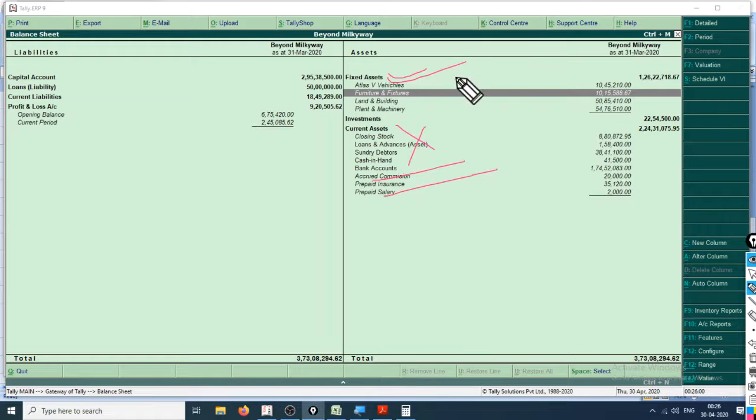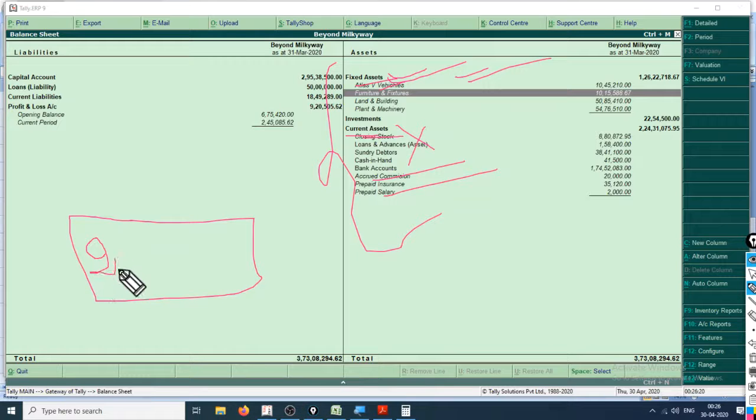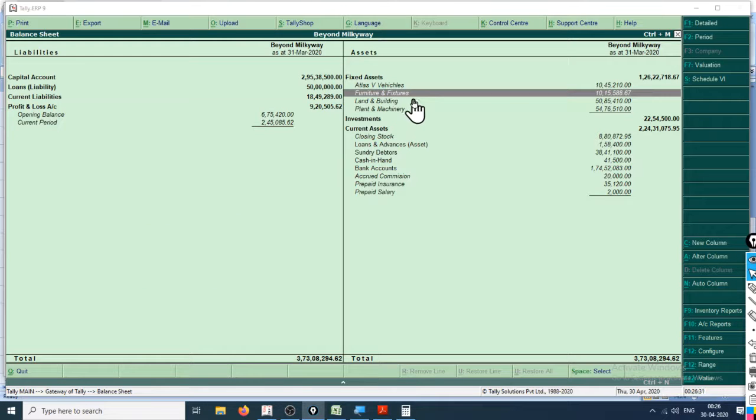And I'll tell you how companies manipulate this. If they want to charge depreciation, they transfer it to current asset. If they don't want to charge depreciation, they transfer it to fixed asset. Because of the definition of current asset and fixed asset, it has a term known as intent. Now this is a legal term, which we'll cover in the next lecture or the upcoming lectures.